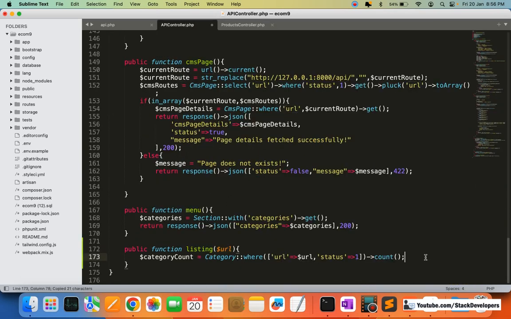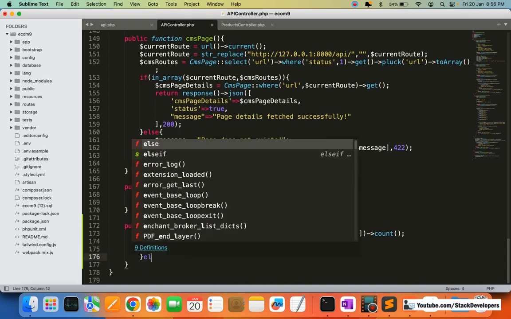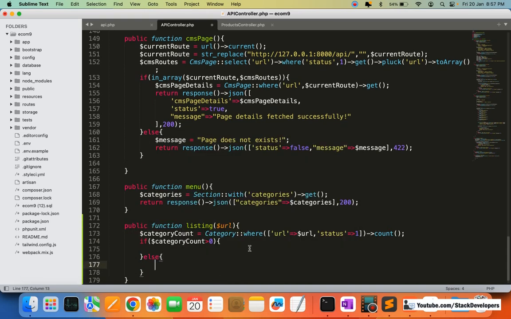We need to return the error message. Okay, so here I'm going to show you like this one, else. So if the category count is greater than 0, then it's fine. Otherwise we are going to display the error message to the user. So here we are going to give the message like $message